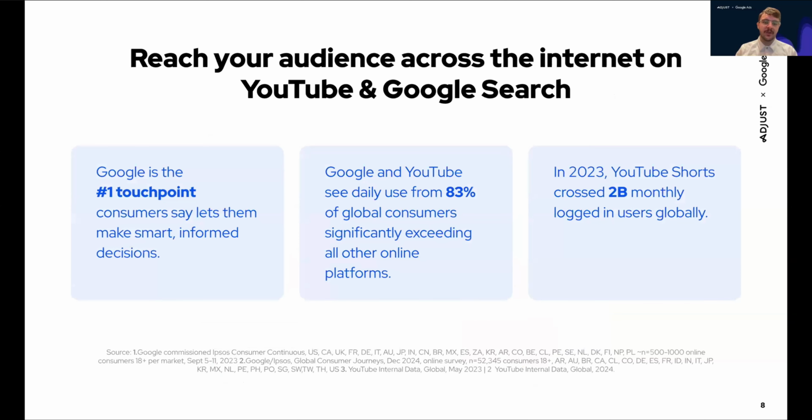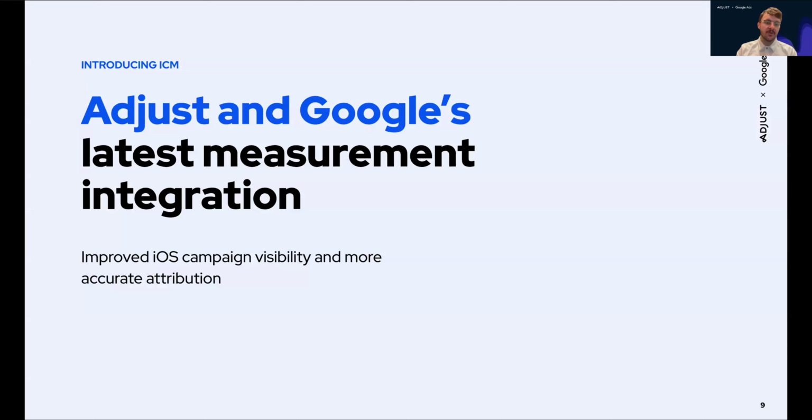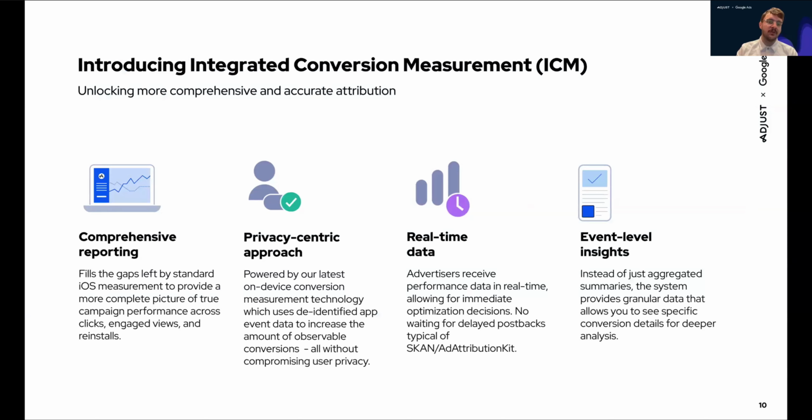And I think this really highlights Google's role in influencing user behavior and creating opportunities for app discovery across numerous user placements. For example, Google is the number one touchpoint consumers say lets them make smart and informed decisions. So with that, I want to introduce and talk a little more about what Adjust and Google's latest measurement